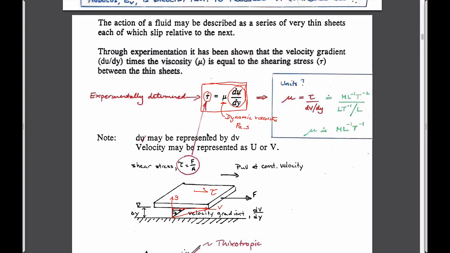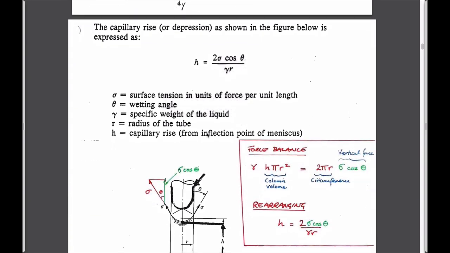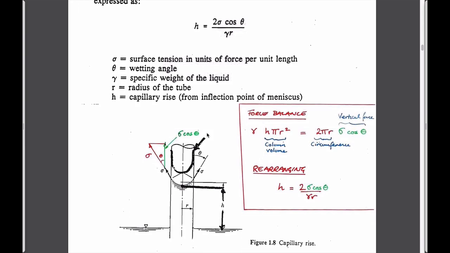And so you've done a couple of examples, I think, in your assignments to look at how to calculate forces on things. And you've seen that in prior tests. So that's worth looking at. Okay. So Newton's law of viscosity is one. And the final one in terms of material properties is